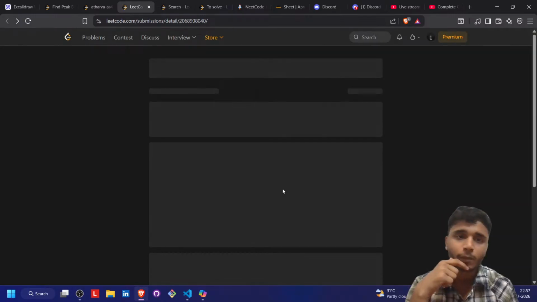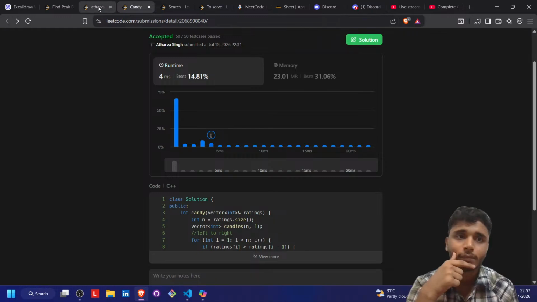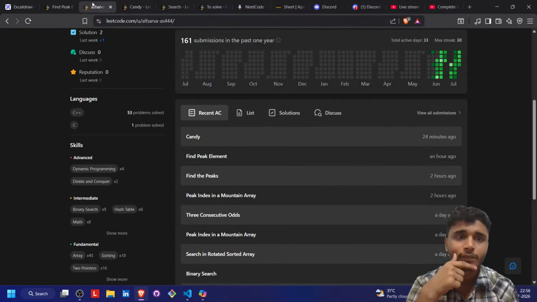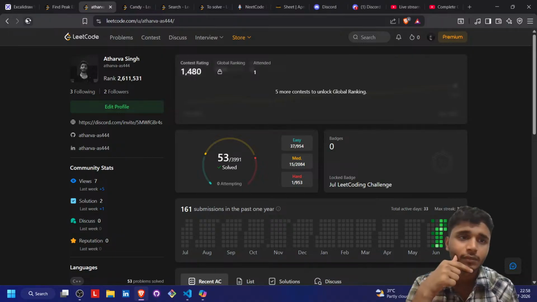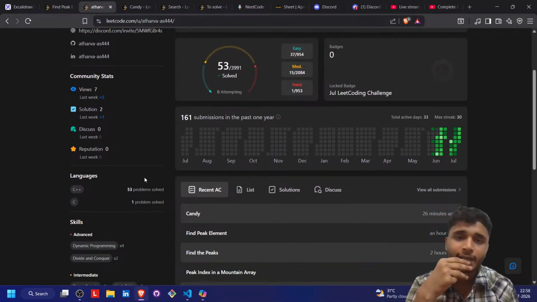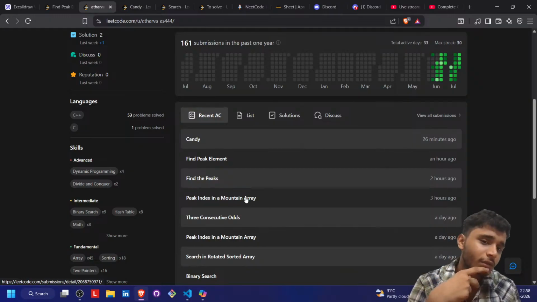So we solved this problem and the time complexity was O(log n), because we used loops to write the code. In total, if I summarize it again, we revisited one problem and solved three new problems. First we revisited this problem, Peak Index in Mountain Array. Time complexity was O(log n)